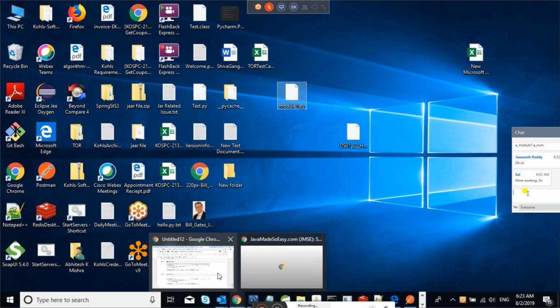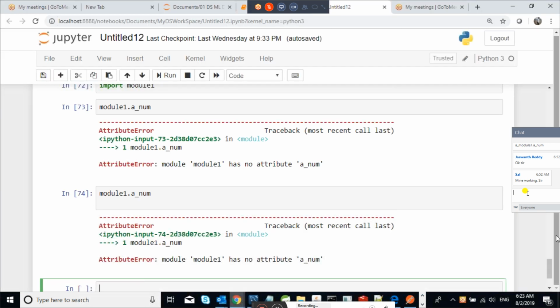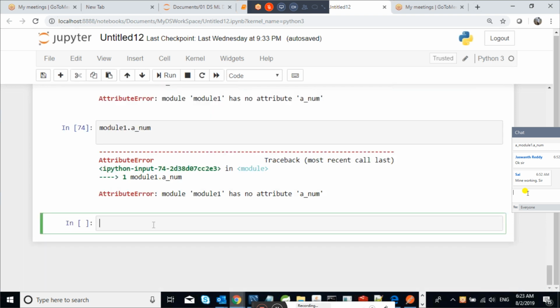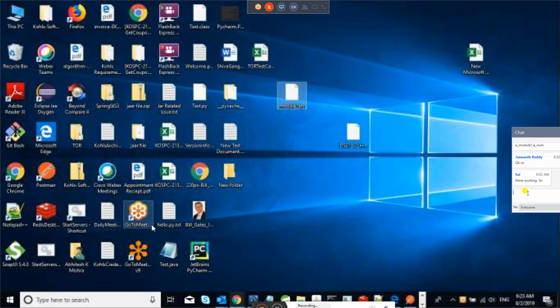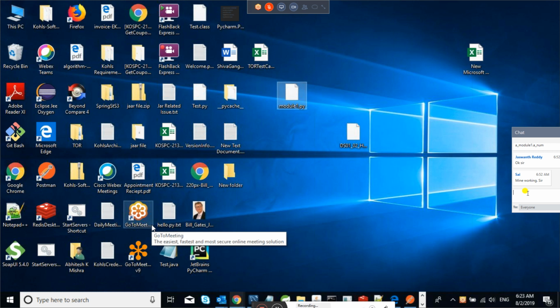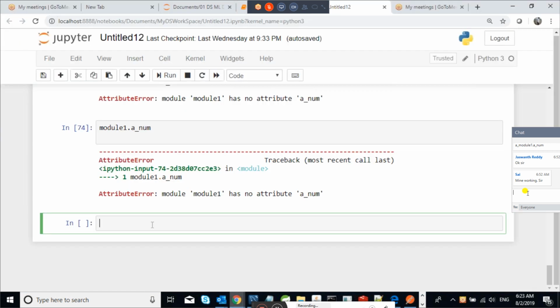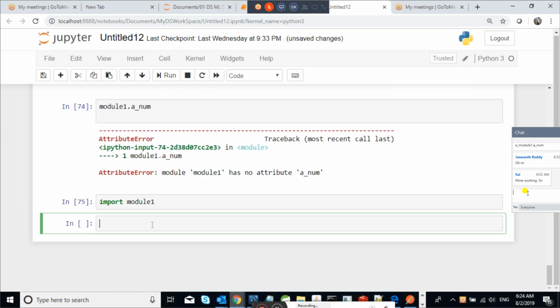I'm in the current directory. So the name of the module is module one dot py. Import module one, or even though